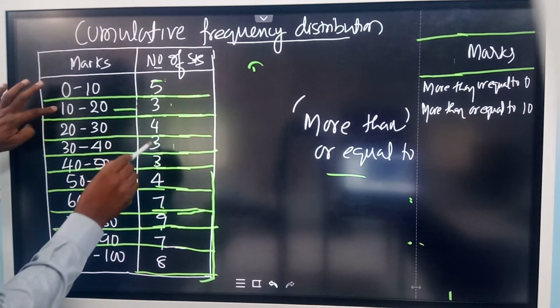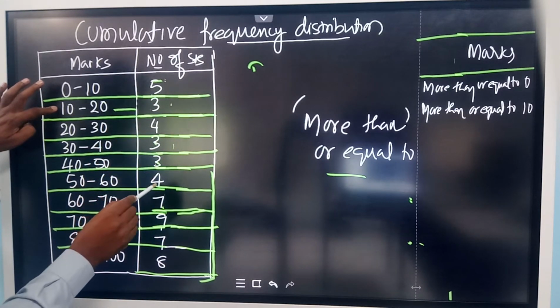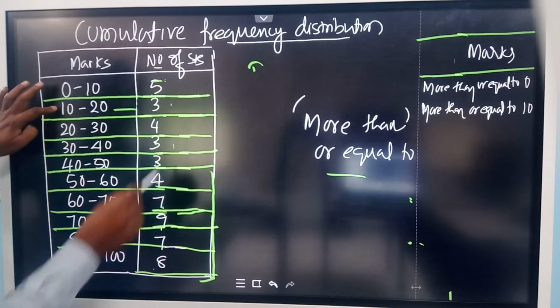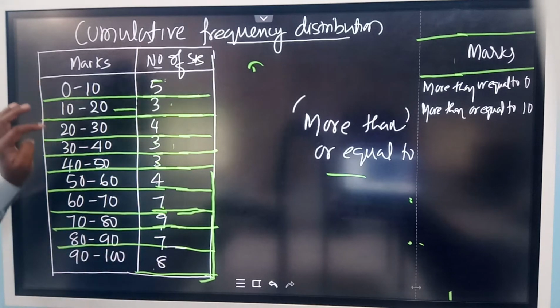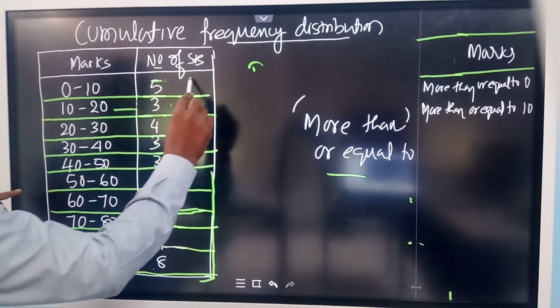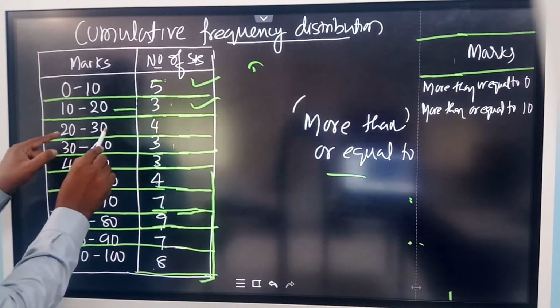3 plus 4, 7 plus 10 plus 30, 70, 24, 24, 33, 33 plus 7, 40 plus 8, 48. Sum of all these frequencies we should take here. Then next cumulative frequency, see this one is over, this one is over, then more than or equal to 20